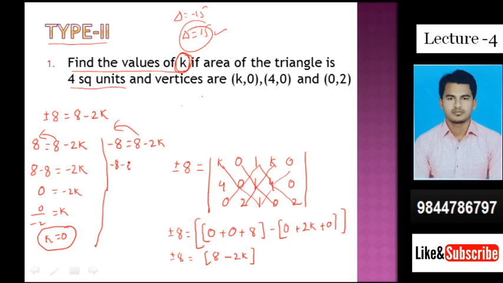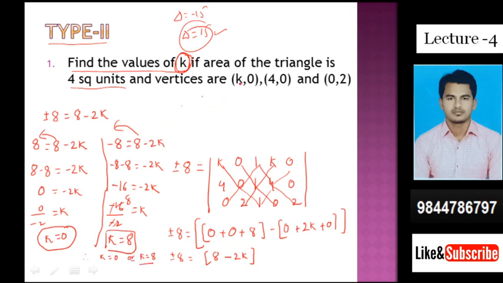And here again shifted into LHS. Minus 8 equal to minus 2k. Minus 16 equal to minus 2k. Minus 16 upon minus 2 equal to k. Minus minus cancel, 2 eights are 16. k is equal to how much? 8. Therefore we get two values, k equal to 0 or k equal to 8.